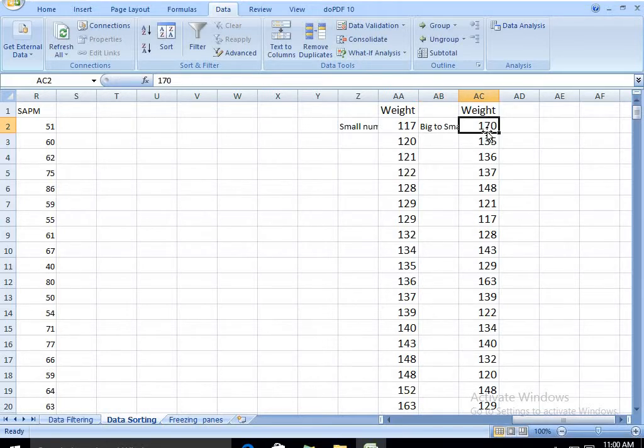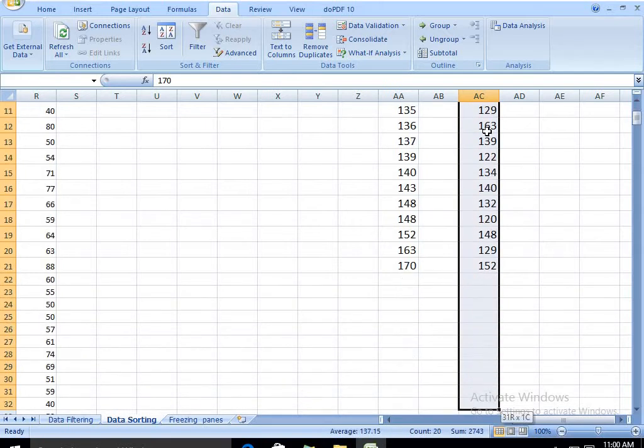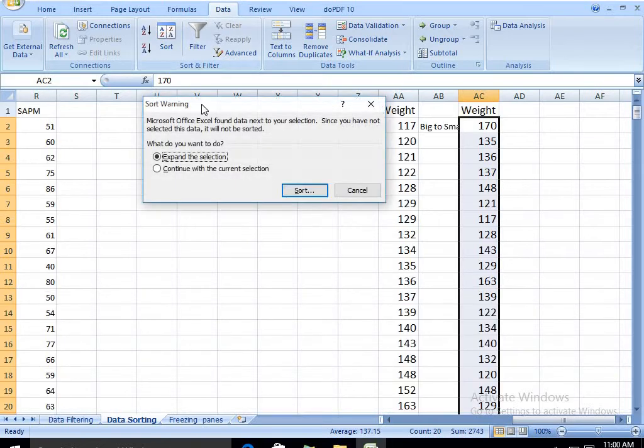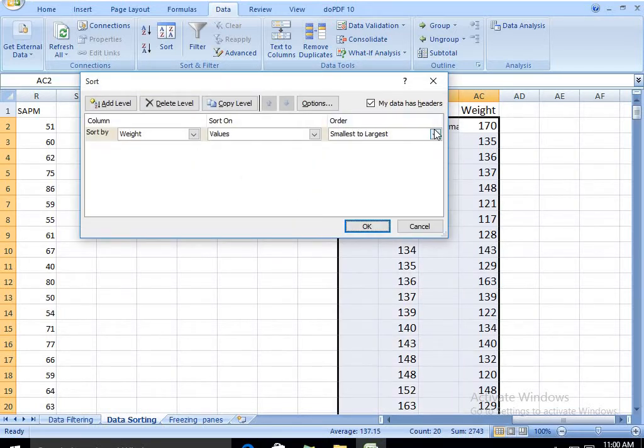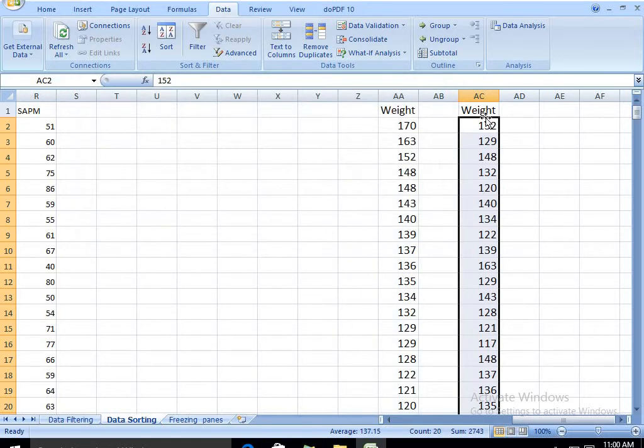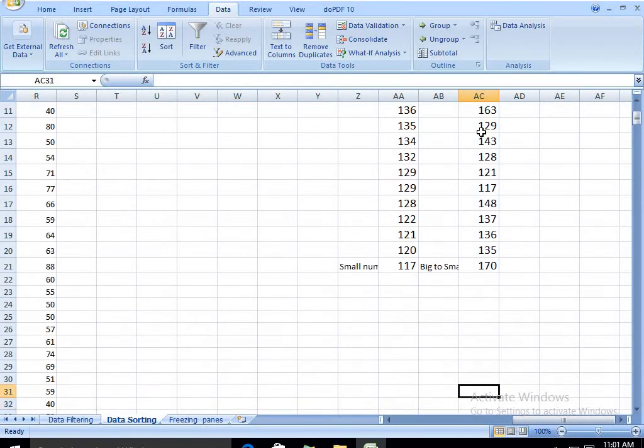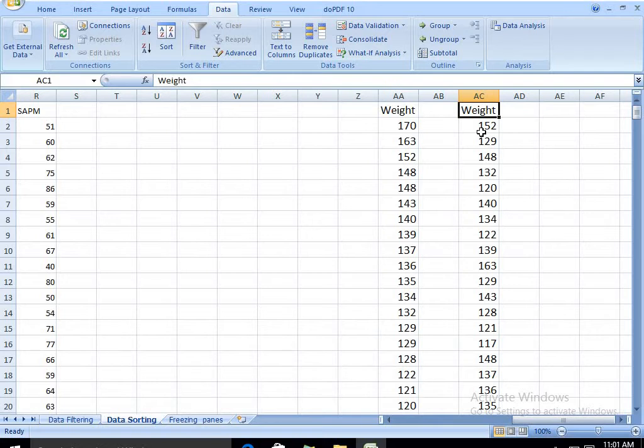There again you should not choose the label, you should just choose the data, go to Data and again the Sort option. Now if you want, you can expand your selection, that is also possible. Sort by, as I already told you, now I am going to choose the largest to smallest option. Now the highest number is being given first. So this way we can do sorting. This is what is with regard to data sorting. You have to decide when you want to do such type of data sorting.